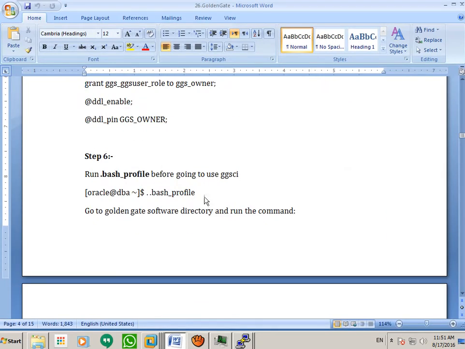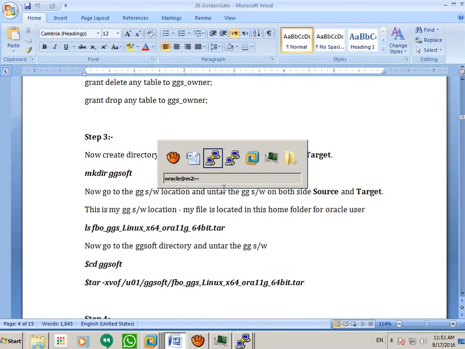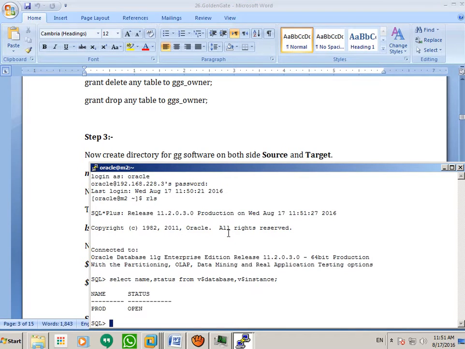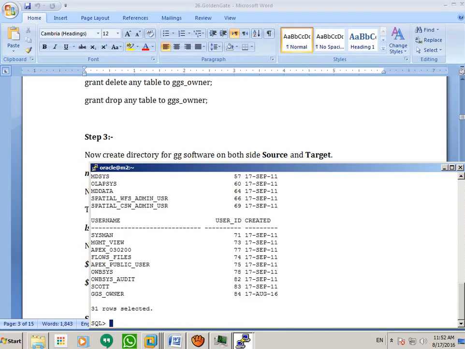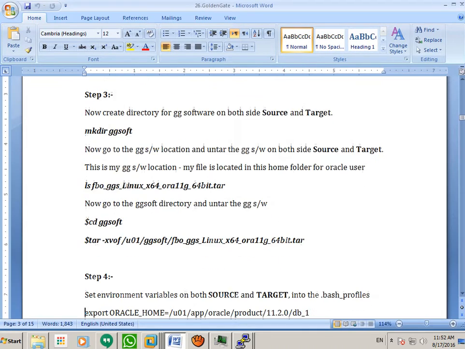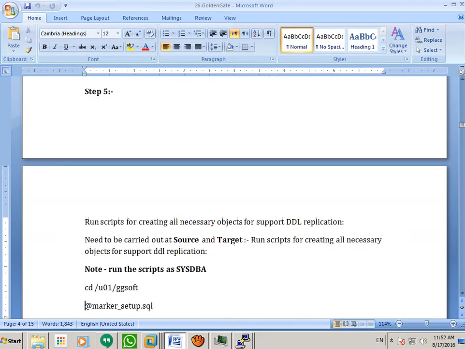Now we will do certain things which we set up. Most importantly, we can check this is the M2. Select tablespace name from v$dba tablespaces, ggs data already there. Select star from all_users order by 3. So ggs owner is there, means most of the things whatever we configured on the primary side, the source side, are there in the standby side. So we can blindly proceed to the